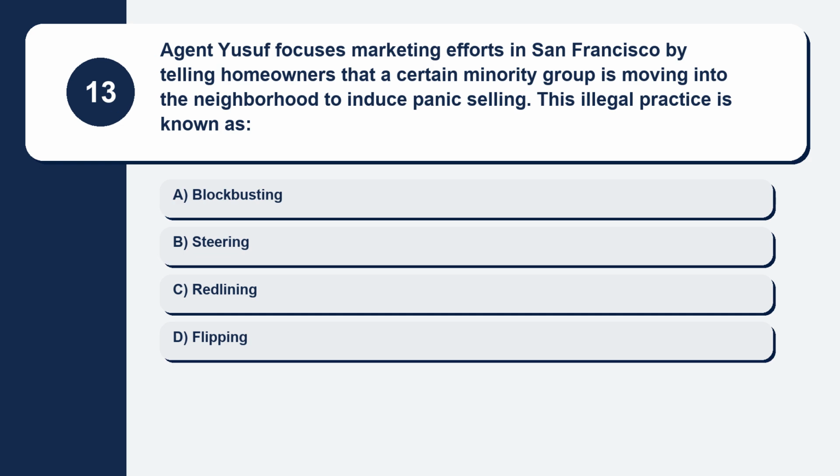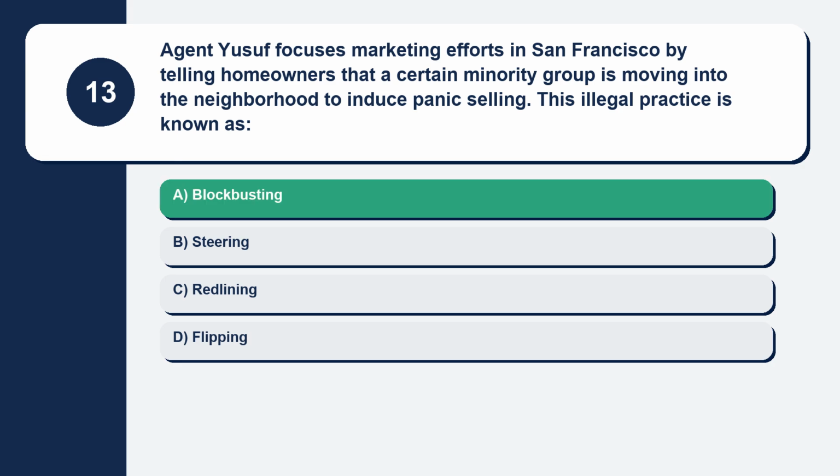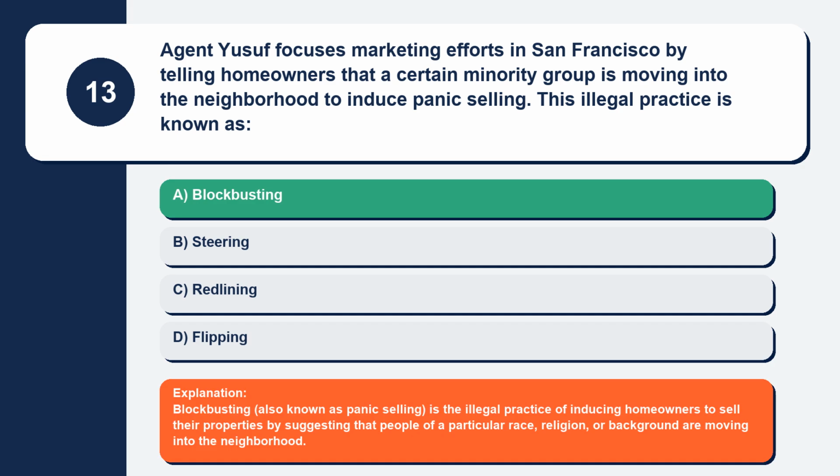Question 13. Agent Yusuf focuses marketing efforts in San Francisco by telling homeowners that a certain minority group is moving into the neighborhood to induce panic selling. This illegal practice is known as. Here are your options. Option A, blockbusting. Option B, steering. Option C, redlining. Option D, flipping. The correct answer is option A, blockbusting. Explanation: blockbusting, also known as panic selling, is the illegal practice of inducing homeowners to sell their properties by suggesting